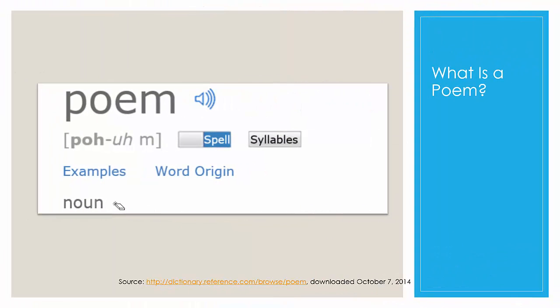So, what is a poem? Well, if you look the word up in a dictionary, you might find something like this. In the brackets, you can see how the word is pronounced, poem. You can also see that this is a noun, it's substantive. Poem is a countable noun, which means that it's a poem, the poem, and then if you add an S, you get the plural form, poems. This didn't really make us very much wiser when it comes to what a poem actually is, did it?